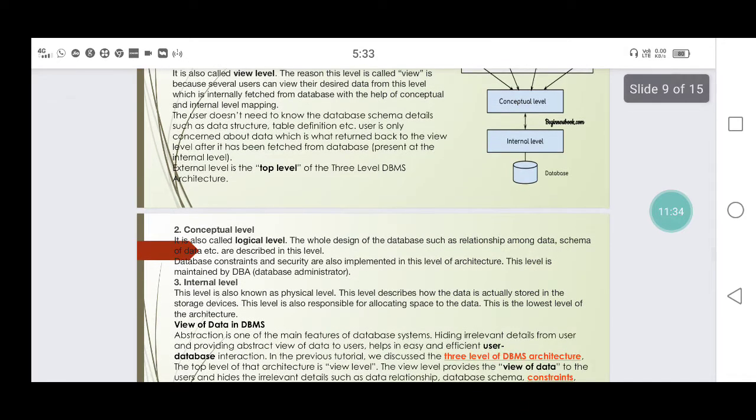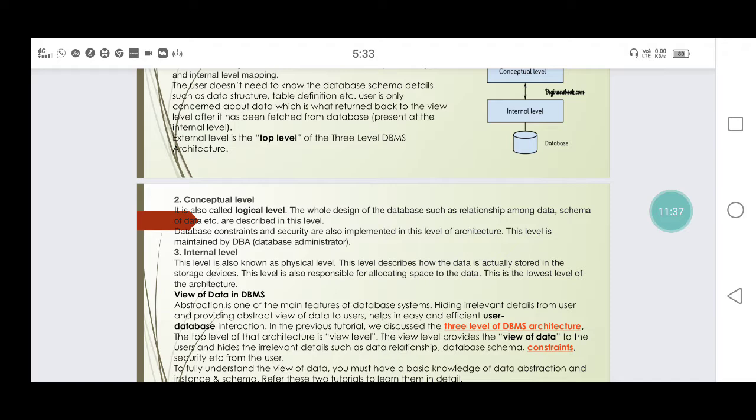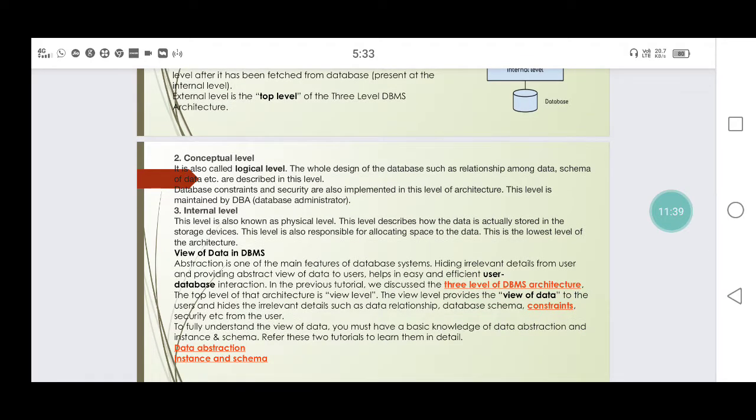Next, the conceptual level is the logical level. The whole design of the database, the blueprint of the database, such as relationships among the data, is the schema. Schema means the structure of the database, and it is described in this level. Database constraints and security are also implemented in this level.